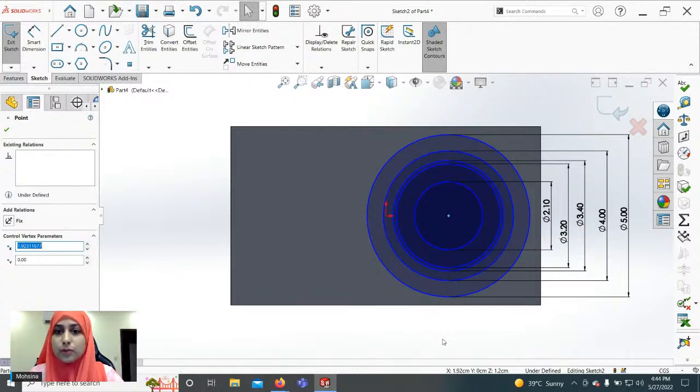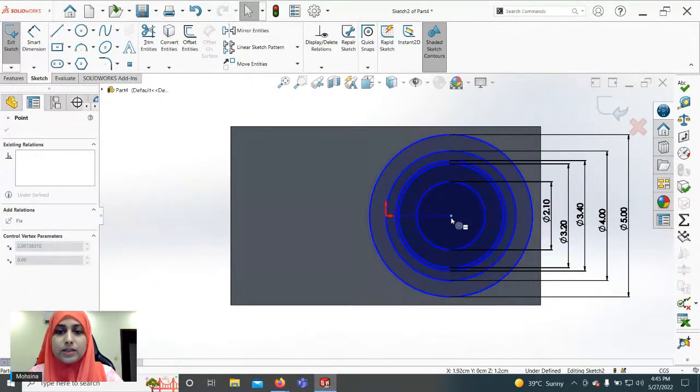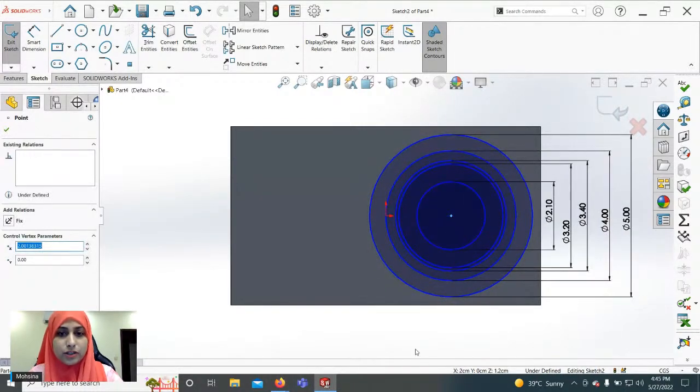So that is not what we need because all our effort would be wasted. So to make this fully defined, what we need to do is add some dimensions or relations. So starting the sketch from the origin is not necessary, but linking it to origin is necessary. So how will we link it to origin?